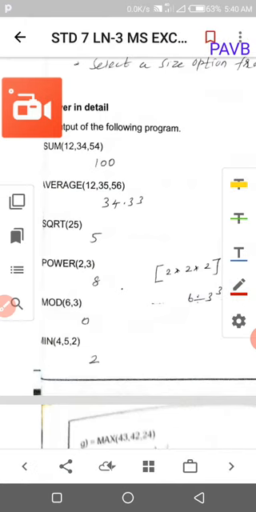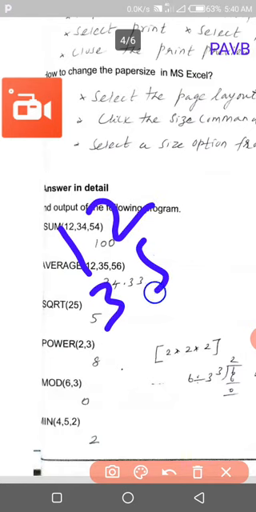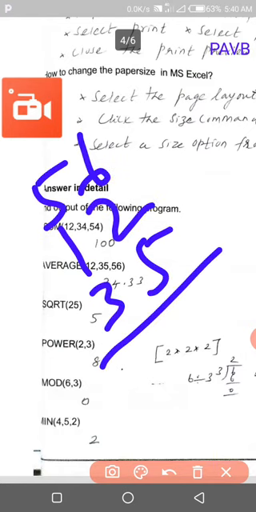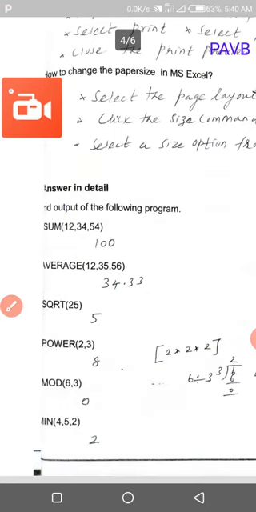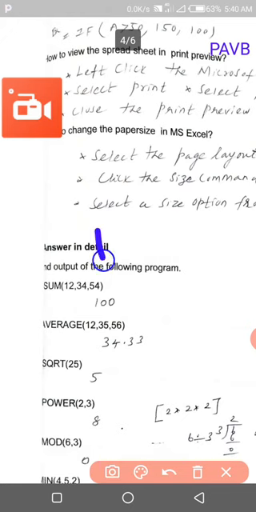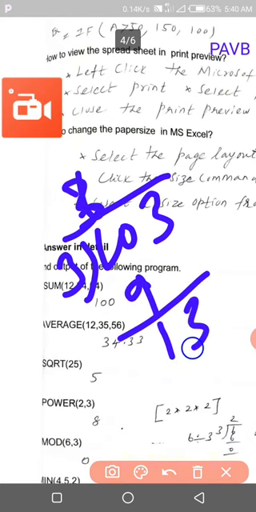The given numbers are 12, 35, 56. 6 plus 2 is 8, 8 plus 5 is 13, remainder 1. 5 plus 1 is 6, 6 plus 1 is 7. The sum is 103. 103 divided by 3 gives 34.3. 3 threes are 9, remainder 6.